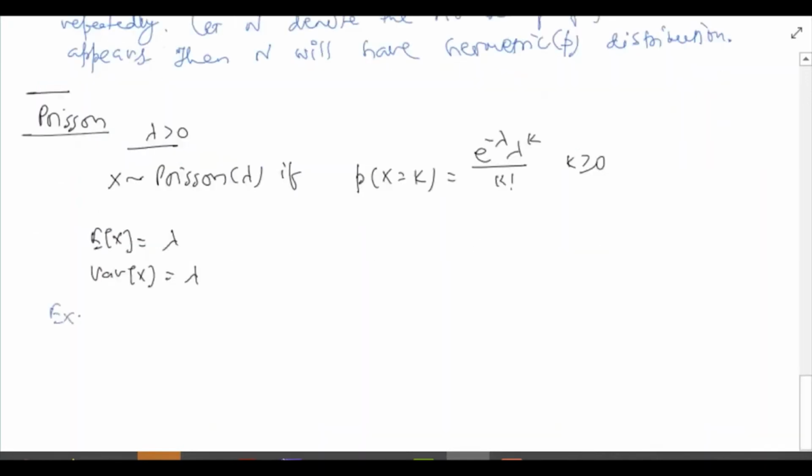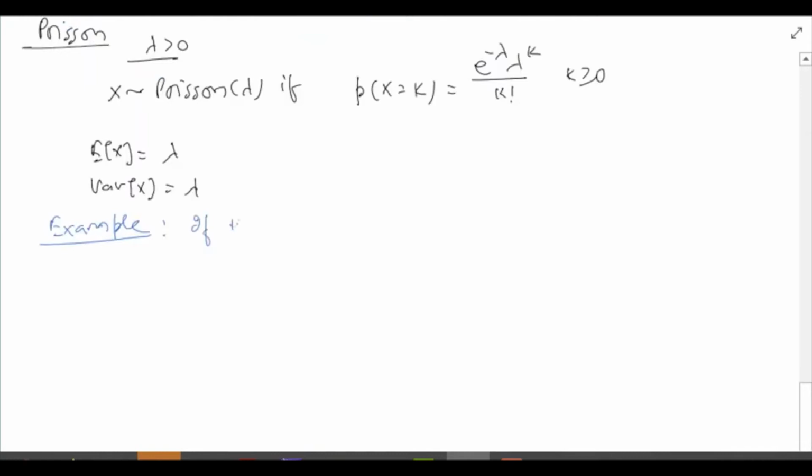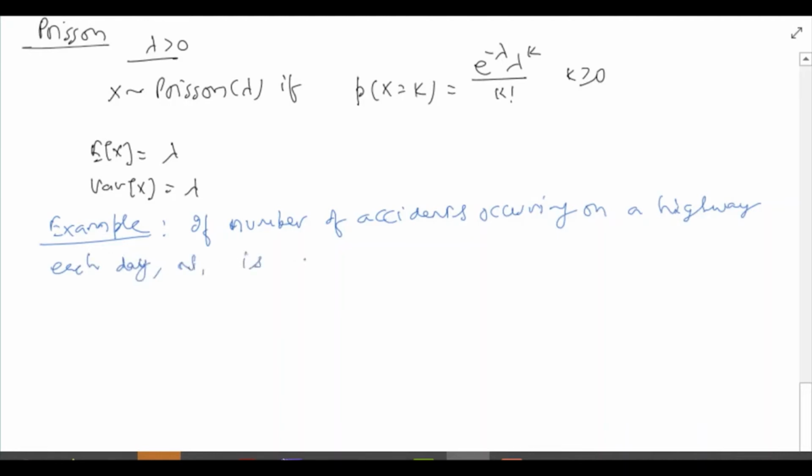Let's see an example to illustrate Poisson random variables. If the number of accidents occurring on a highway each day, and let us call this number n, is a Poisson 3 random variable, then